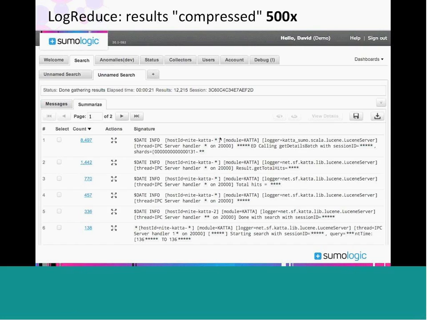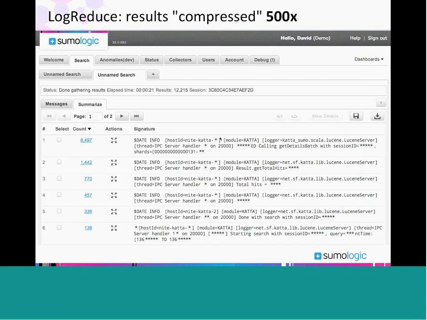Instead of looking at raw messages, we're going to take a step up in abstraction and look at message types. Log data is repetitive, and you can often categorize log messages into these different log types. And it's a lot easier to work with. So even though there were more than 10,000 messages before, now there's only about 20 log types.